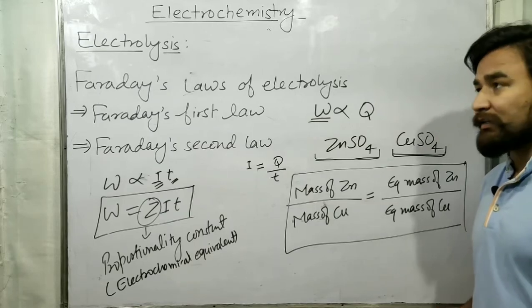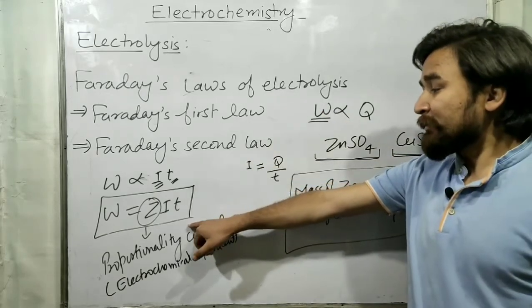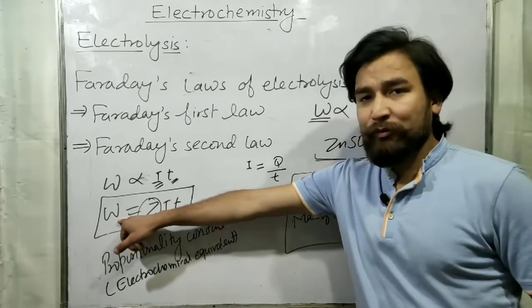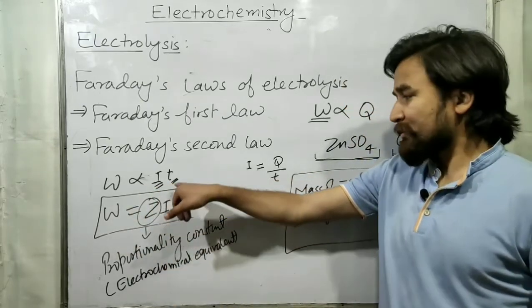So this is Faraday's first law which says that the mass of substance deposited on an electrode is directly proportional to the amount of electricity passed through the electrolytic